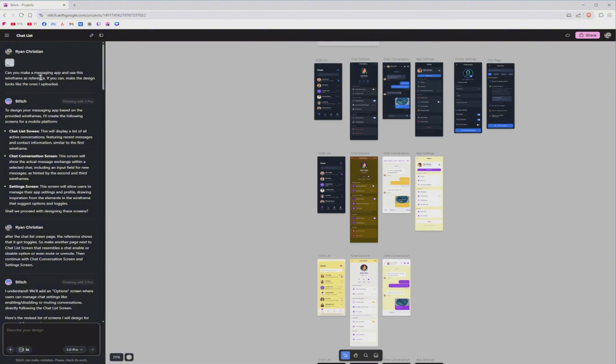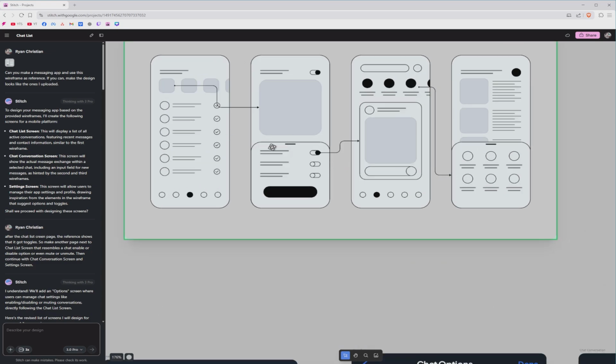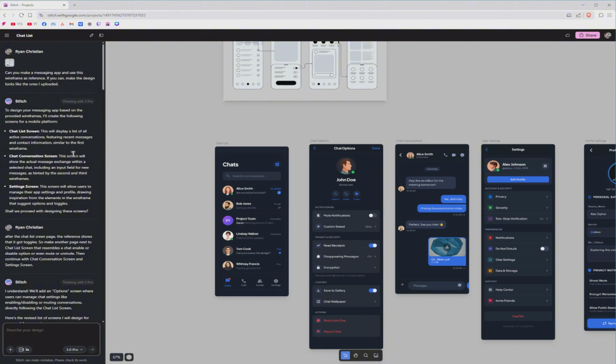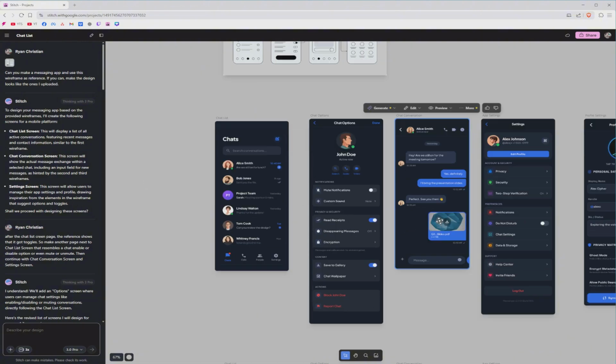I said, can you make me a messaging app and use a wireframe as a reference. A wireframe, basically this one. But you don't need this. All you need to do is just go ahead and ask Stitch right here to create a design for a messaging app with a chat list screen, just like this, a chat conversation screen right here, a chat option,